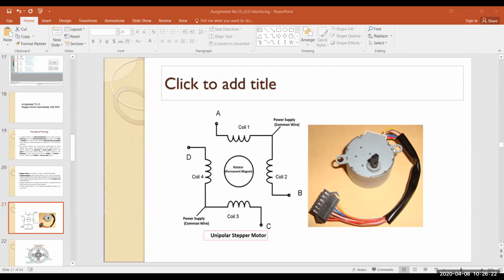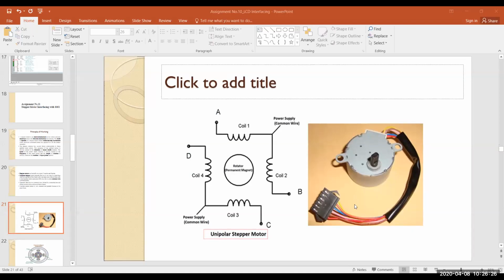Now this stepper motor, are you able to see the presentation? This is the stepper motor we are using in our lab. This is a unipolar stepper motor which we are connecting with our 8051, and now you can see the rod on your stepper motor.